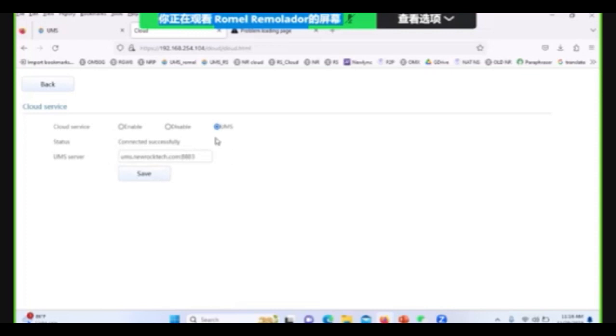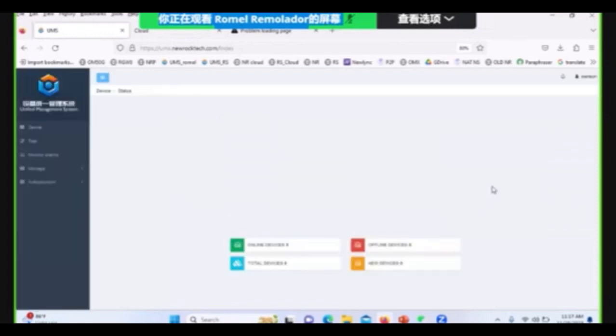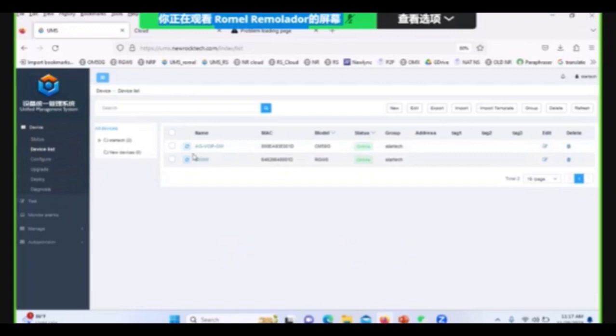Okay, so you need to go to the UMS. So let us check. This is the user for Startech. Yep, and you need to log in. Okay, so here you can see the device status. I have 2 online devices, and we can see the device list here. As you can see, we have 2 devices, and this one shows that the device is added